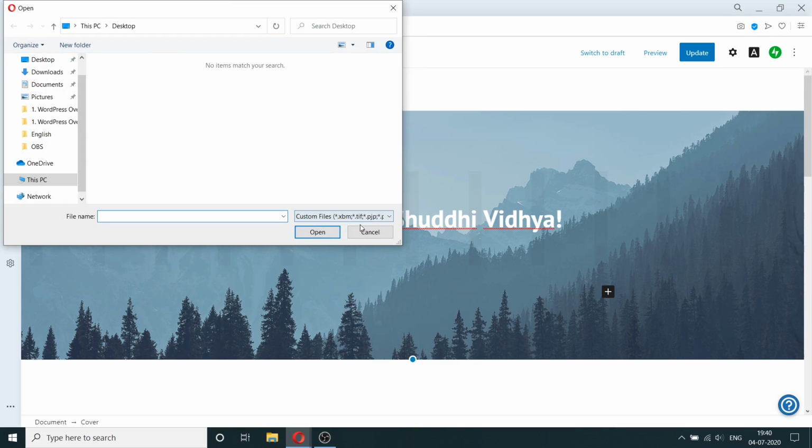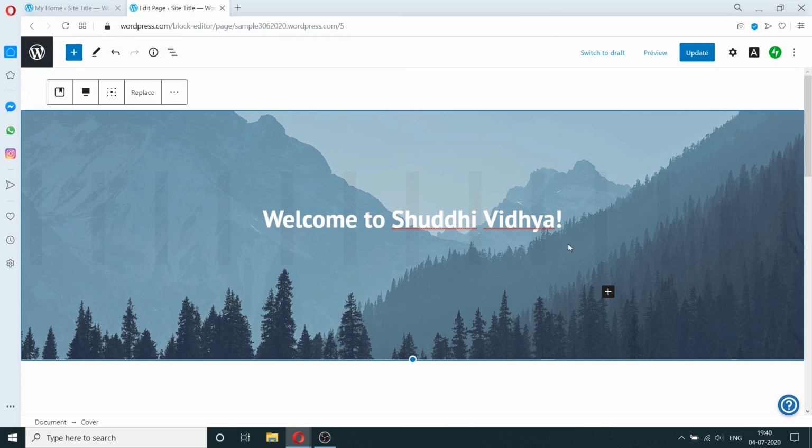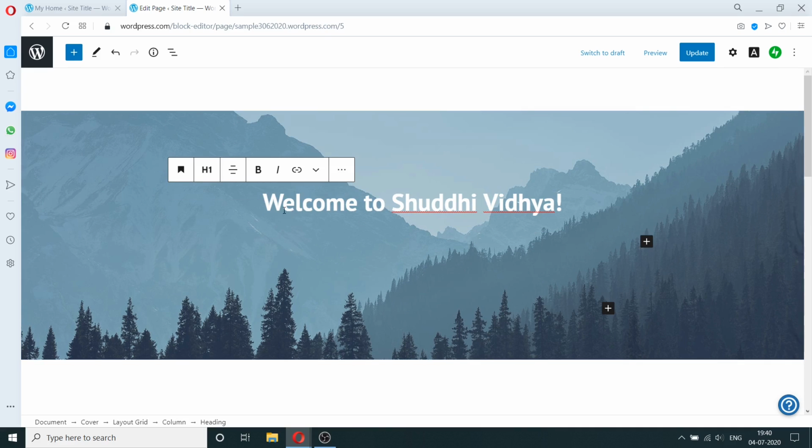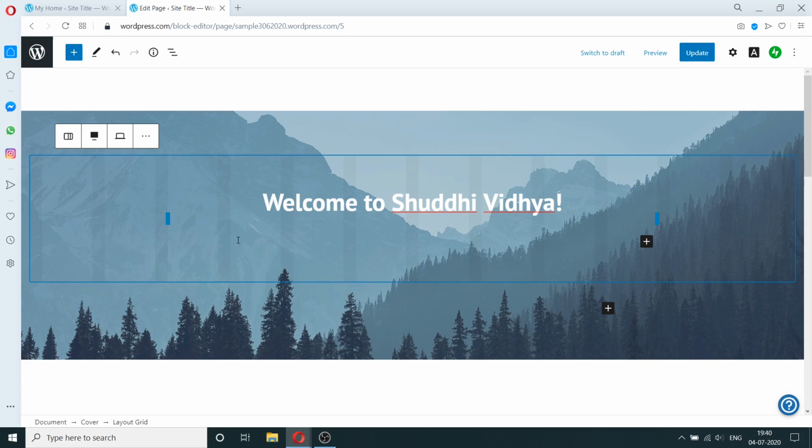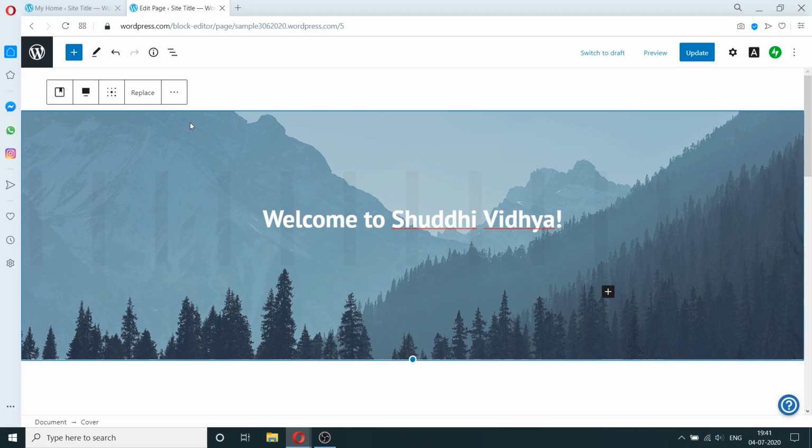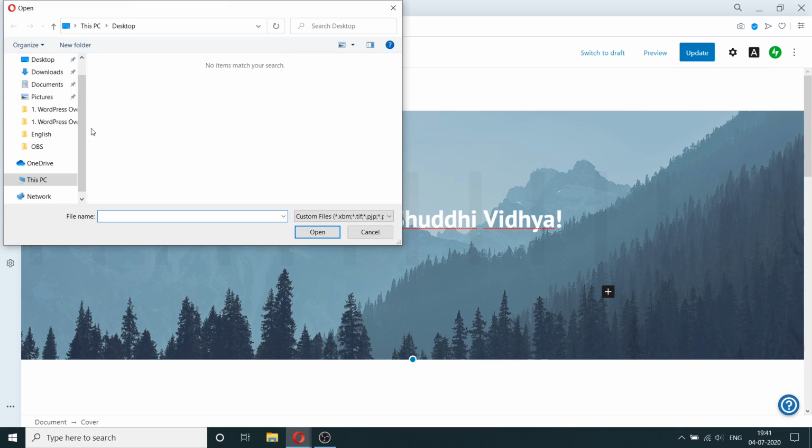I'm going to upload. So you can see here that whenever I click on some element on the page, it lets me change those. Like for example, if I do this, I can bolden this text or italicize it, and it shows me controls for this particular element that I've chosen. And if I click on this, this is the text box that contains it. It shows me controls relevant to that. So again, I clicked on this image, and I'm going to replace it with something else.